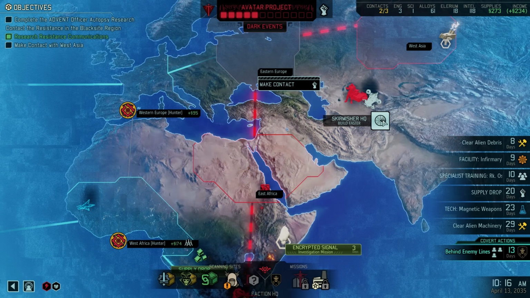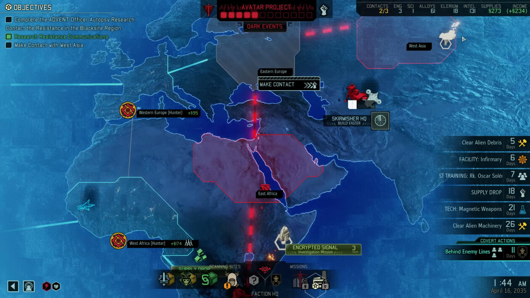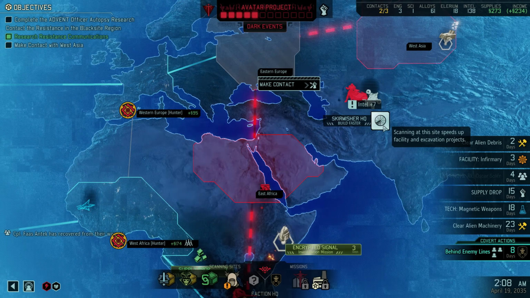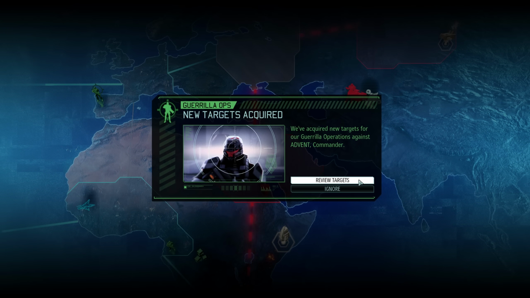contact with Eastern Europe. Now one more thing you can see here, scanning at the Skirmisher HQ also gives us the occasional bit of intel, not a whole lot, but it does get us closer to our next target of 160. And speaking of next target, it looks like it's time for today's mission, as we now receive this month's